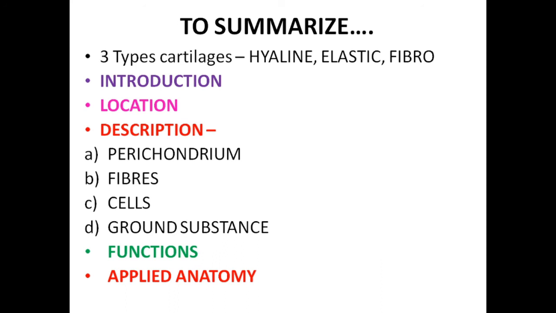So the typical feature for hyaline cartilage is the presence of perichondrium and the presence of cell nests. The typical feature for elastic cartilage is the presence of perichondrium and the presence of large, tightly and compactly placed chondrocytes. And the identifying feature for fibrocartilage is the absence of perichondrium and the presence of scattered chondrocytes within the collagenous fibers. So this is how you can answer the question in theory and identify the slides in practical. That's all about the histology of cartilage. Thank you.